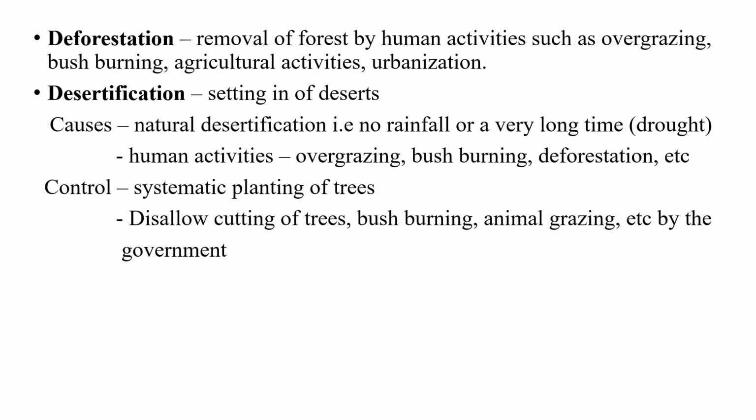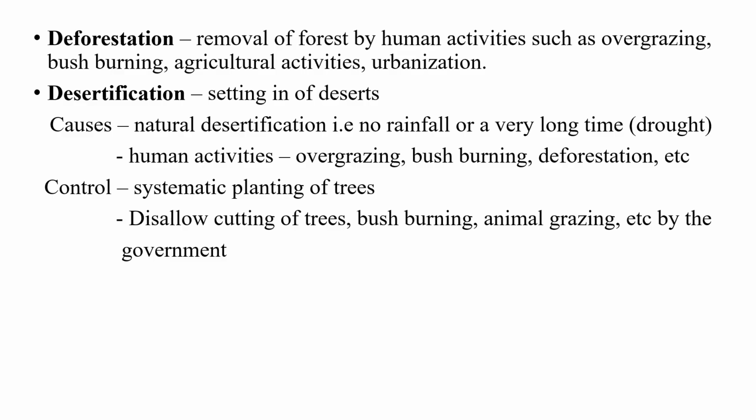Deforestation is also caused by overgrazing. Overgrazing simply means when the cattle or animals eat more than is necessary. They graze on the plants more than necessary, very close to the ground. This is deforestation. And we also have the commonest form of deforestation that we refer to as urbanization. Urbanization is the removal of forest for the purpose of commercialization, for the extension of cities, for industries, and for some other things.